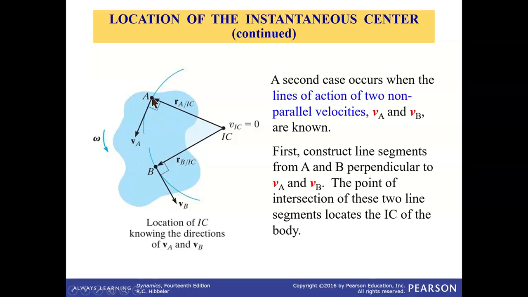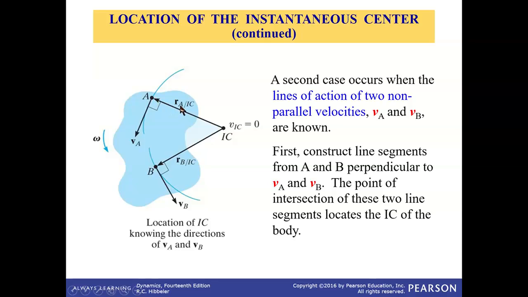To find the instantaneous center, you draw a line perpendicular to the velocity vector and extend it. From B, you draw another line perpendicular and extend it. And wherever it intersects, that is the instantaneous center. And the velocity of that point is 0. So V_IC is 0. And now this line, which is drawn from the instantaneous center to point A,